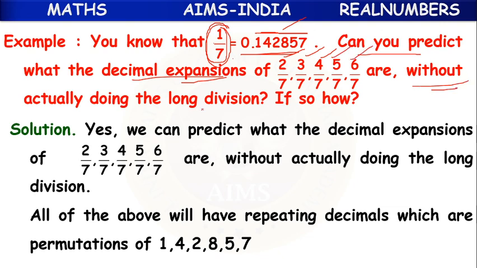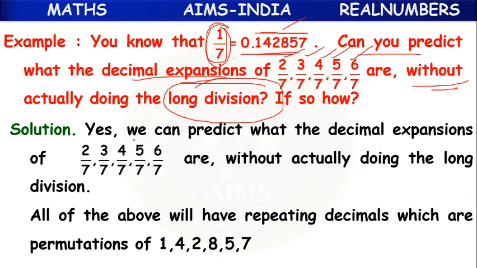But how? Without actually doing the long division. Means if we know the decimal expansion of 1 by 7, the question is whether we can find the decimal expansion of their equivalent rational numbers without division. Without division. So yes, we can